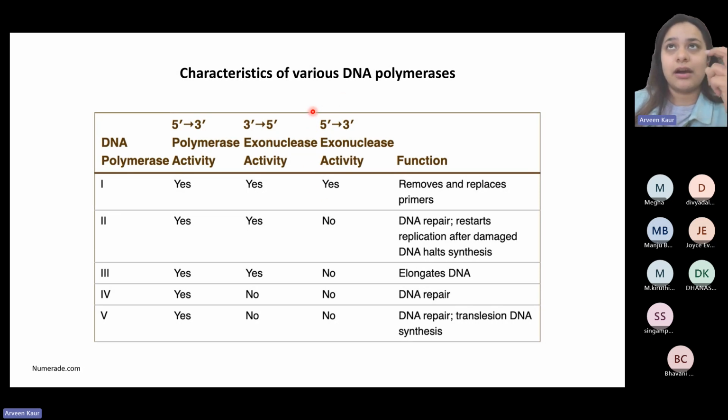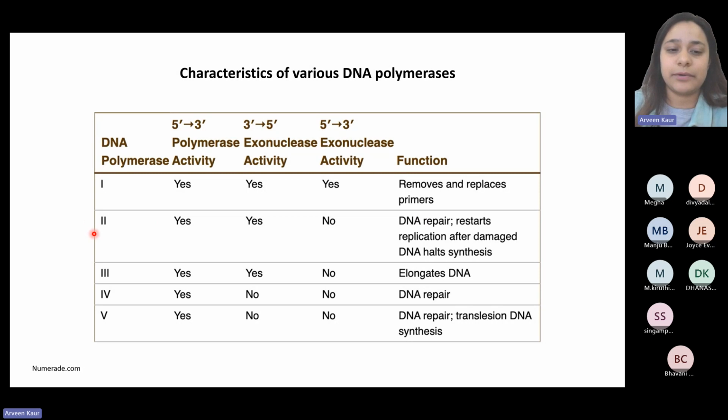So why is this important? Because how is the synthesis occurring? It is occurring in the 5' to 3' direction. Now, in the 5' region, the first few nucleotides are not dNTPs. It is a primer. The primer needs to be removed, and in place of that, dNTPs need to be added. So we can't go on from 3' to 5', removing every nucleotide to remove that primer. There needs to be a polymerase that can directly come and act on the 5' side and start removing from the 5' direction. So that is what DNA polymerase 1 does. Thus the function of DNA polymerase 1 is to remove and replace primers.